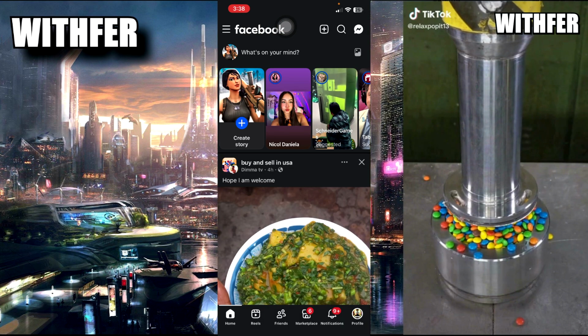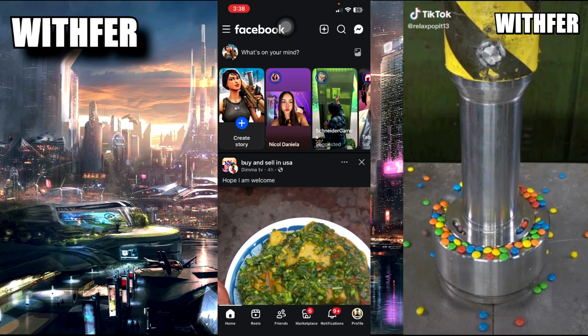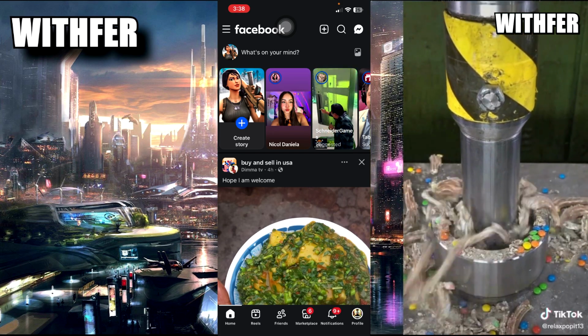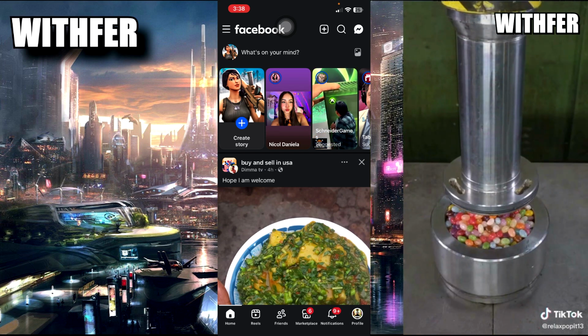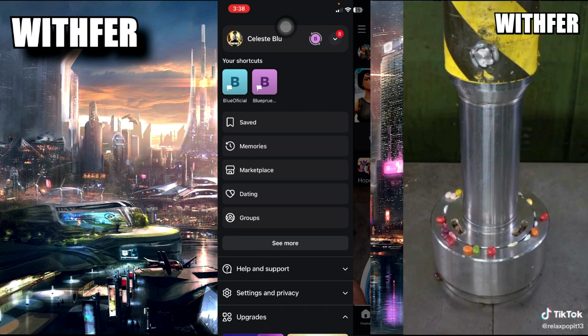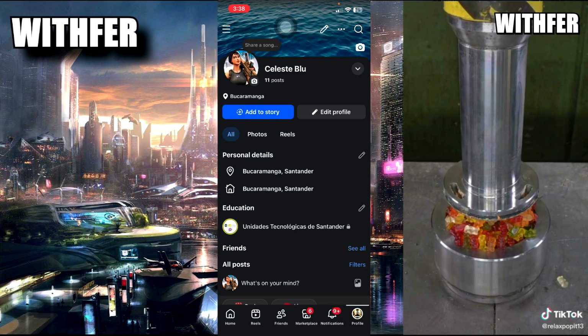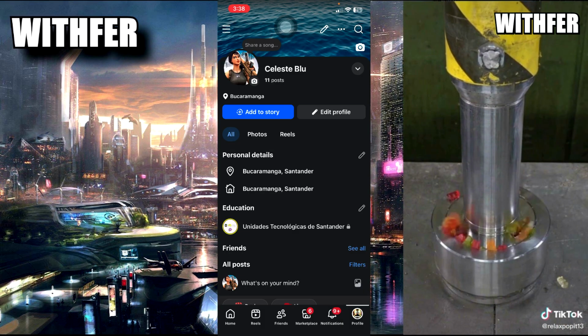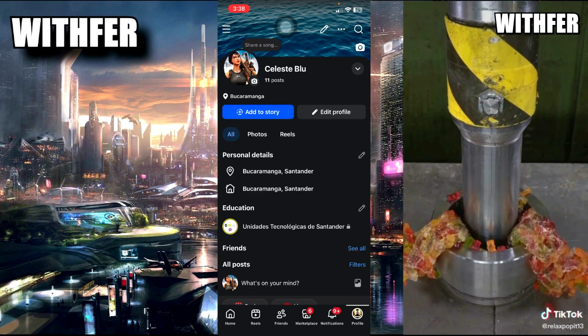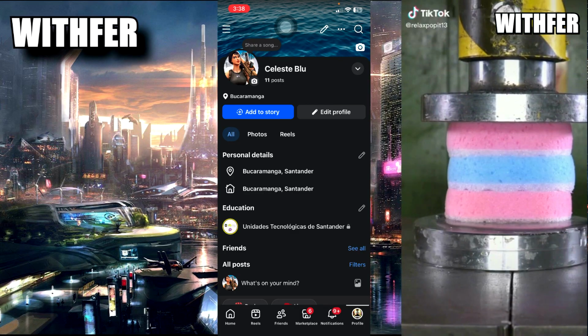Okay, when you are here, remember to update your app first. Okay, that is so important. Update your app. Now, when you are here, tap the three lines in the corner, and here open your Facebook profile. Now, can you see my profile picture? No, a little camera, okay, below a little camera.